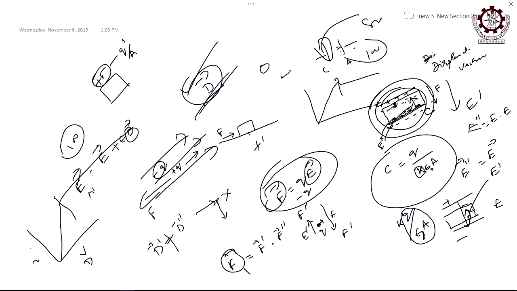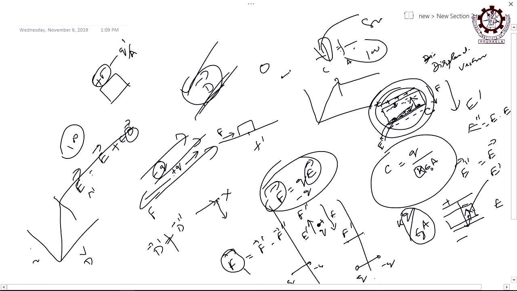Suppose, for example, here is a dipole, this is positive q, this is minus q. Here is another dipole, same, plus q minus q. Here is another dipole, plus q minus q, and all are experiencing the same electric field, right. Because of the strength of that field, what will happen to the dipole? What do you mean by dipole actually?